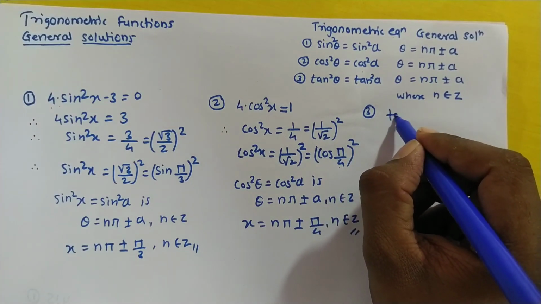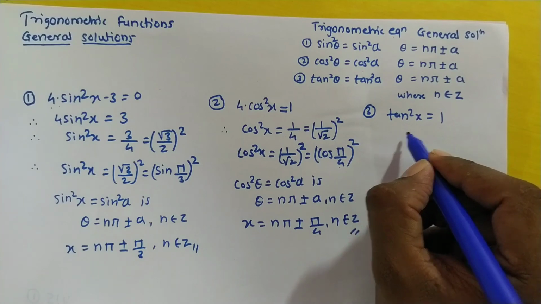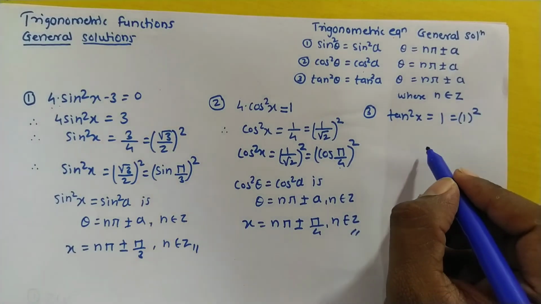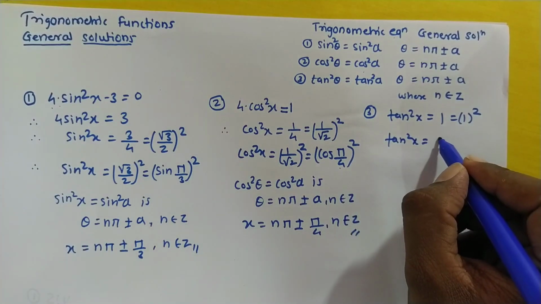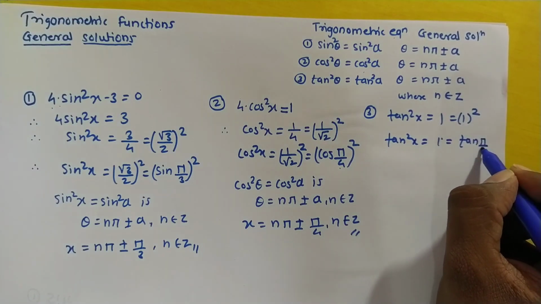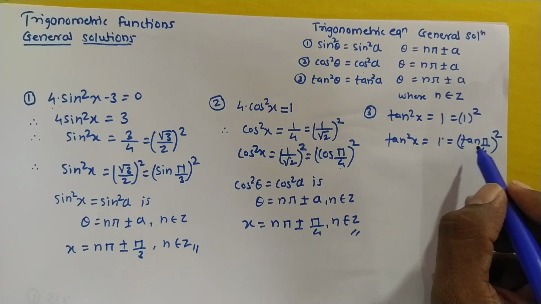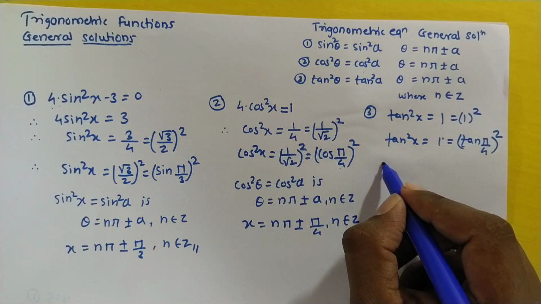Tan square x equal to 1. So 1 means 1 square. We know that tan square x equal to 1 equal to (tan pi by 4) whole square. The value of tan pi by 4 is 1, and we know that the general solution of